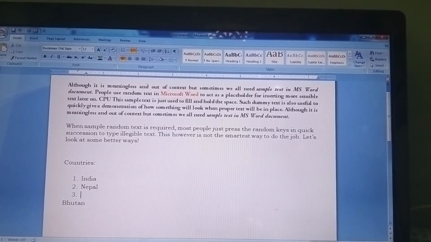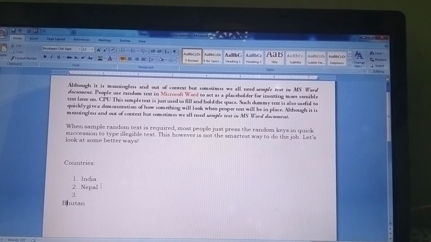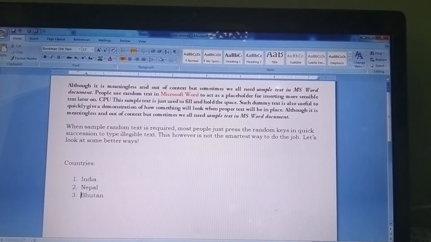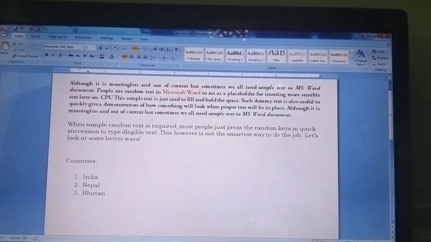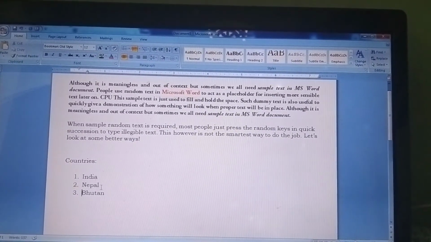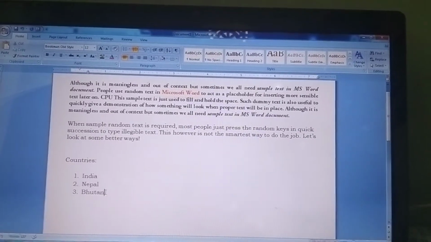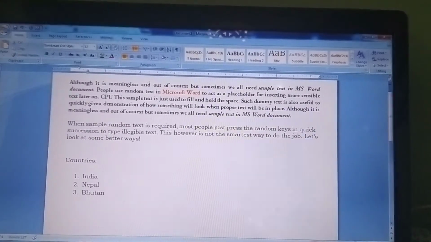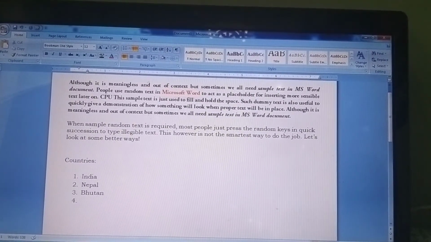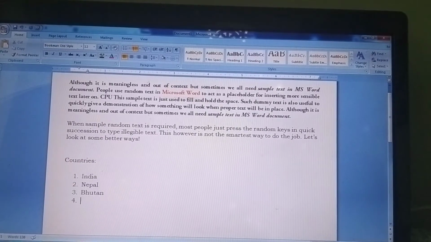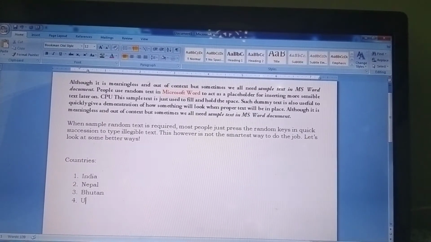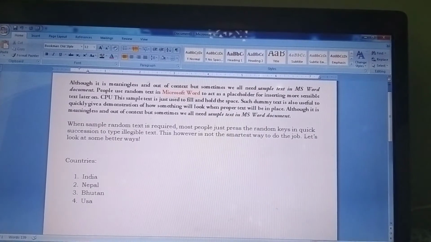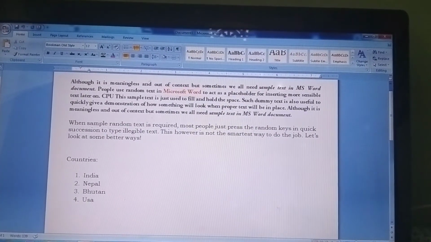When you press Enter, the third number will automatically appear. Backspace the content and it will appear as the third one. In the same way, if you want to add a fourth one, you can add it, like USA. Got it? So this is the way we can add numbering to the content.